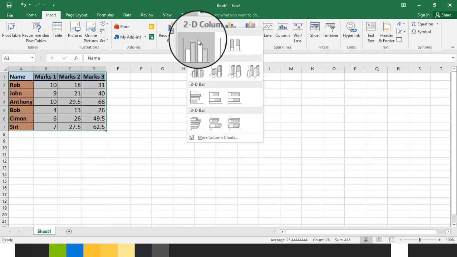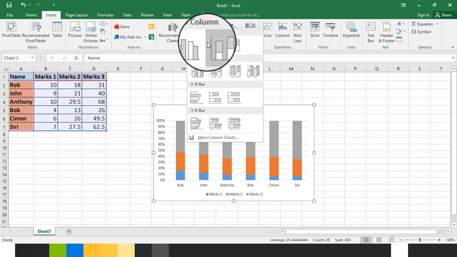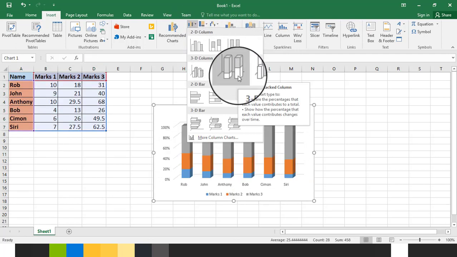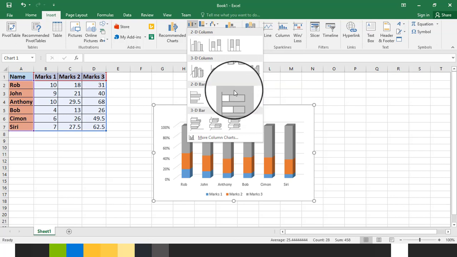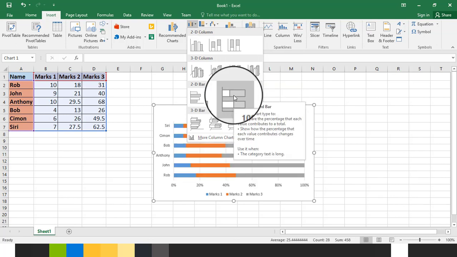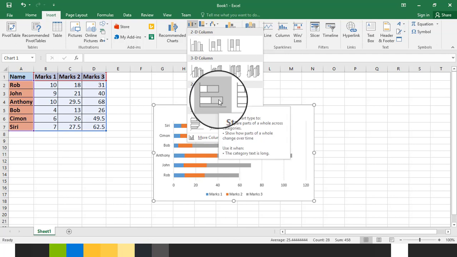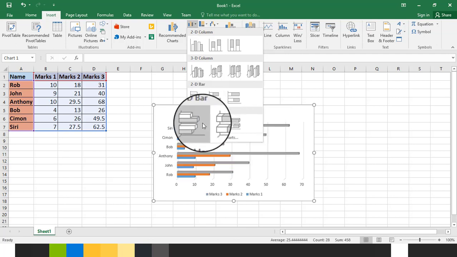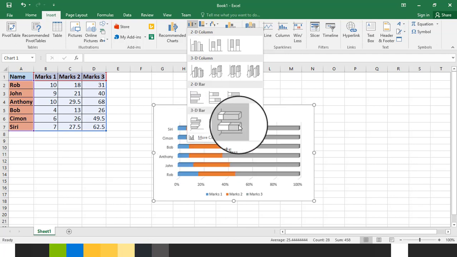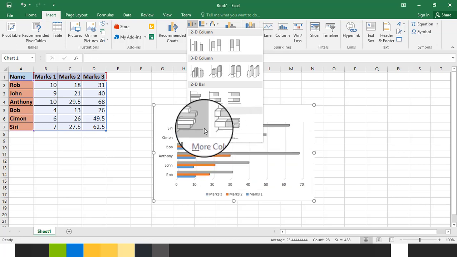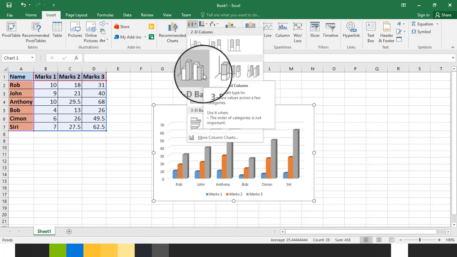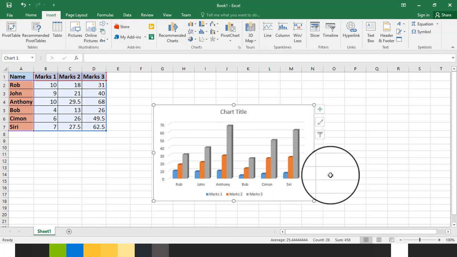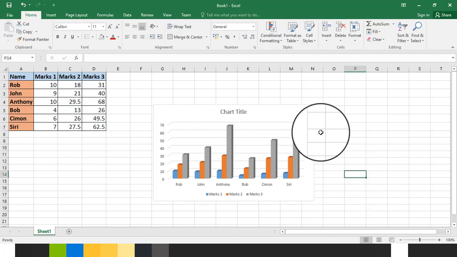As you can see, we have two options over here. We have the options of column or bar chart. As you are able to see, I just have to hover my cursor over this icon and I am getting a visual on my display. Suppose I want to insert this one. So I just have to click my cursor, and it will automatically add a chart on my table. That's it. As you can see, we have got a chart over here.